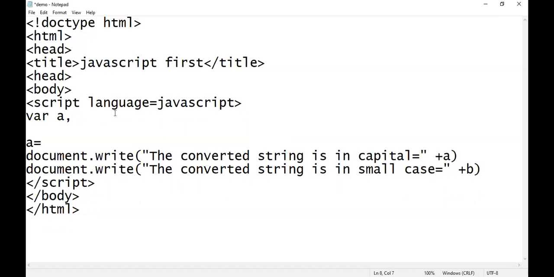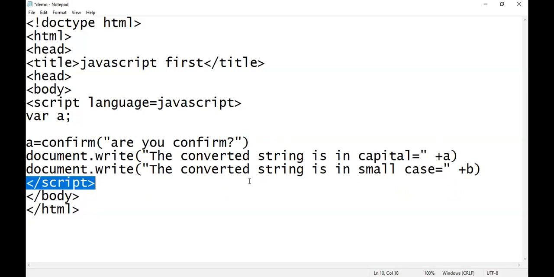I'm using here only a, and here I'm going to write confirm in double inverted commas, are you confirm? Here is the question, and here I'm going to display what will be the value in a.